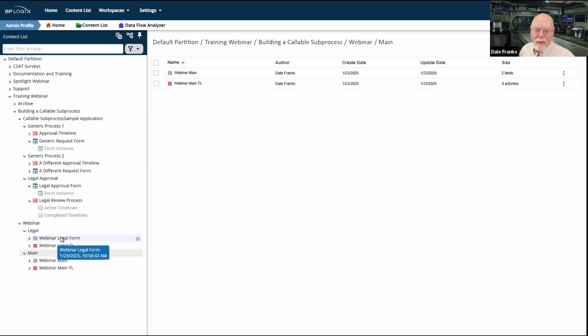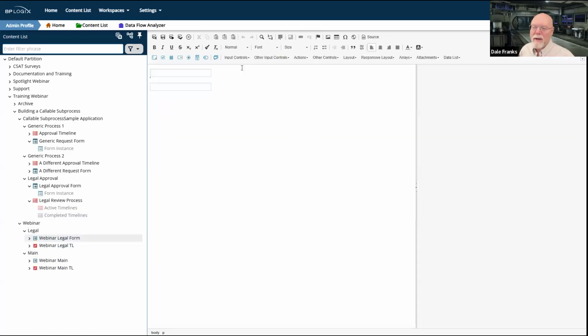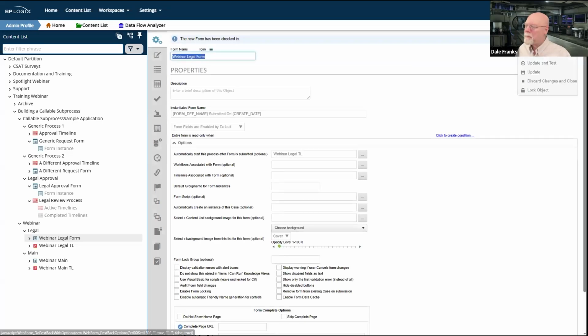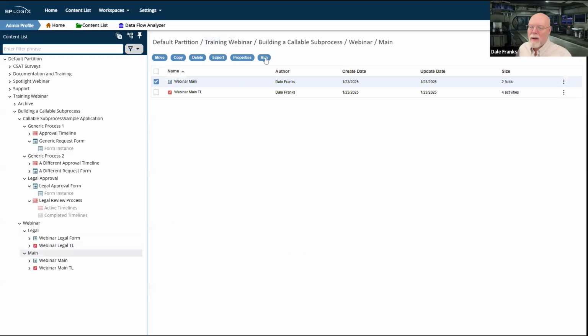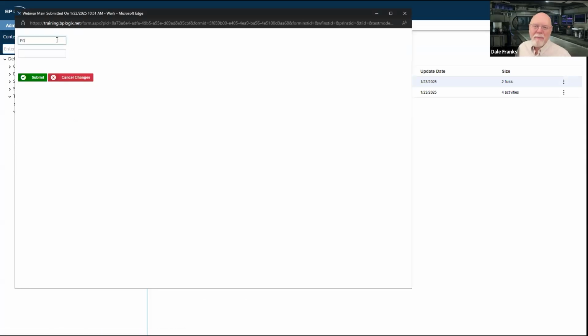And now that we've done that, let's go into our legal form and let's just drop that into the top of the legal form too. And that will give us a little better idea just looking at the form on where we are, although we will be able to see it on the task list as well. So as soon as this saves, we will close it and we'll run our main form again. We'll have a little better idea of what we're looking at. Okay, so now we go back to main. Let's run it again. Let's do it right this time.